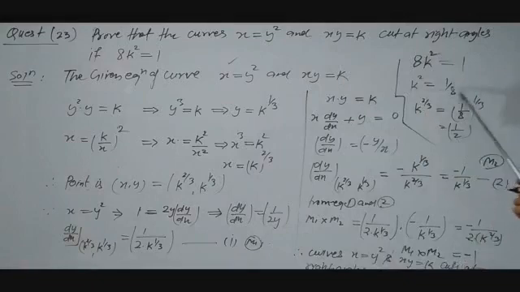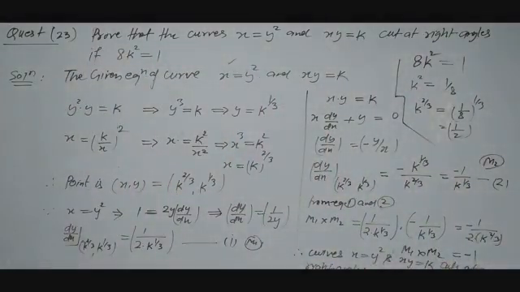This implies k square is equal to 1 by 8. Operate power 1 by 3 on both sides, and you get 1 by 8 to the power 1 by 3. So this result will be 1 by 2. So in place of k to the power 2 by 3, the result is 1 by 2. 2 and 1 by 2 will cancel out, and the result you will get is minus 1. So this shows the slopes of the tangents are perpendicular. So normals will be perpendicular. Normals cut at right angles. So this is the proof.